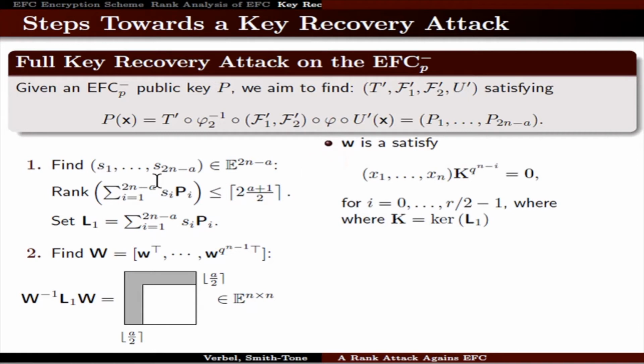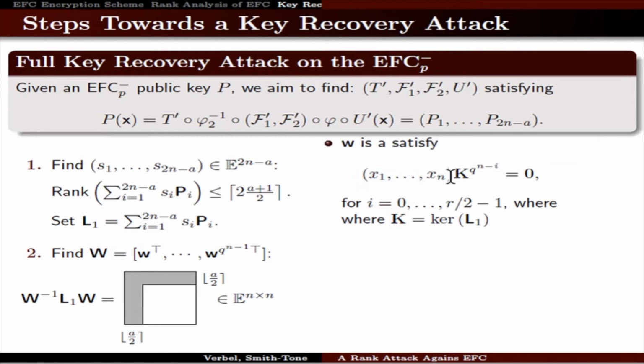And then after we find the solution of the MinRank problem and the matrix W, the matrix W is like you have a column of elements over the big field, and the second column is the first column raised to the q power, and the third column is the first column raised to the q square power, and so on until the last column is the first column raised to q to the n minus 1. And the way to do that is by solving,